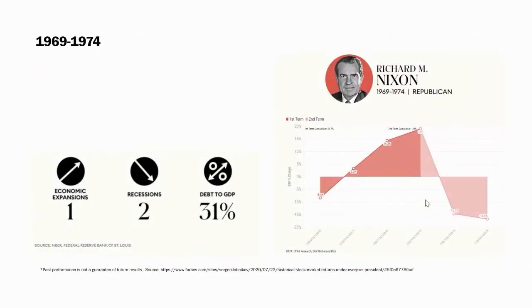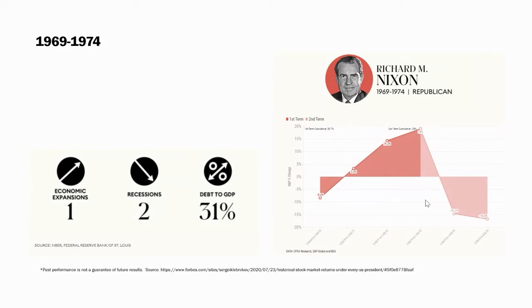Now transitioning political parties again and going back to a Republican candidate with Richard Nixon taking office in 1969. You'll see there was one economic expansion. There was a couple of recessions, a couple other economic indicators or economic outcomes during the Nixon administration, leading up to 1974, a really bad year for the market. Also stagflation, rations leading up, getting into high inflation, hyperinflation there. So the 70s was a decade that was wrought with a lot of different